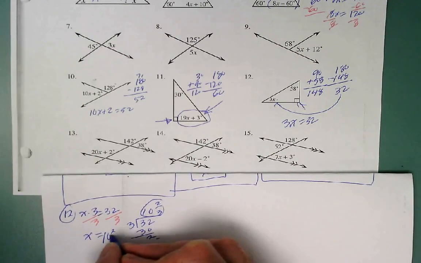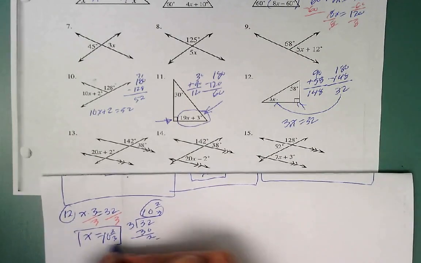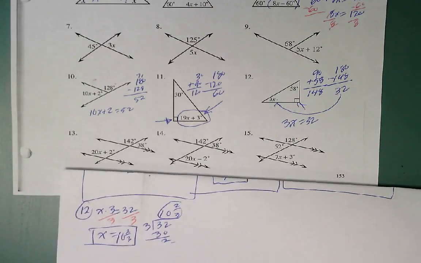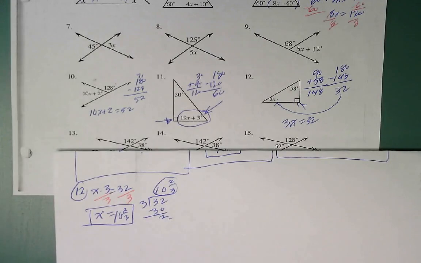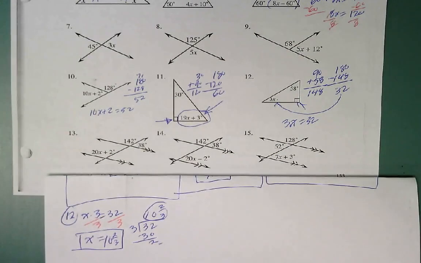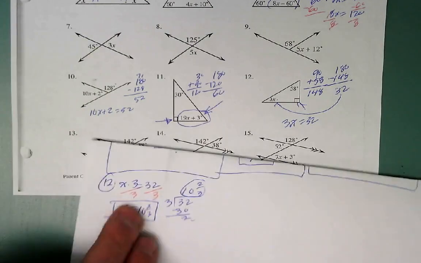And again, it's kind of weird saying 10 2/3 degrees, right? But I guess we're not really. We're saying that 10 2/3 is what x equals there. All right, 3 left. 3 left, that's all we got. Okay, and on these, we have